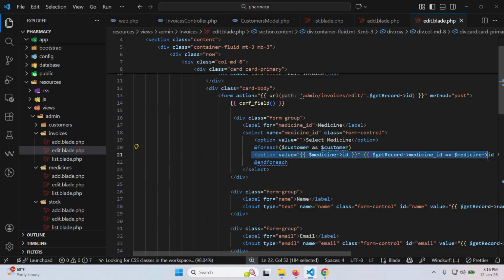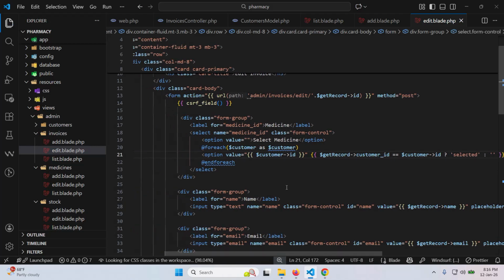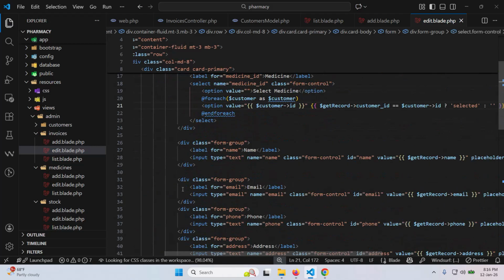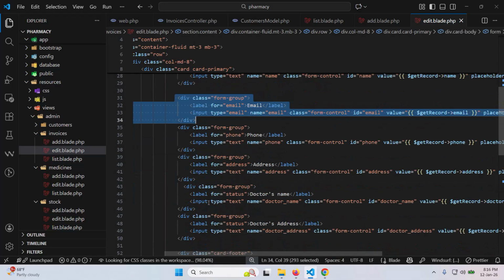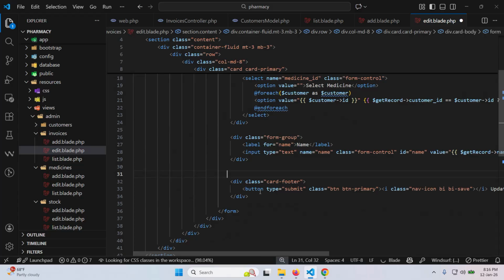So let's remove this and generate a new one, which is going to be perfectly from the records that we have. So let me just clear these ones. Just need to clear this, and